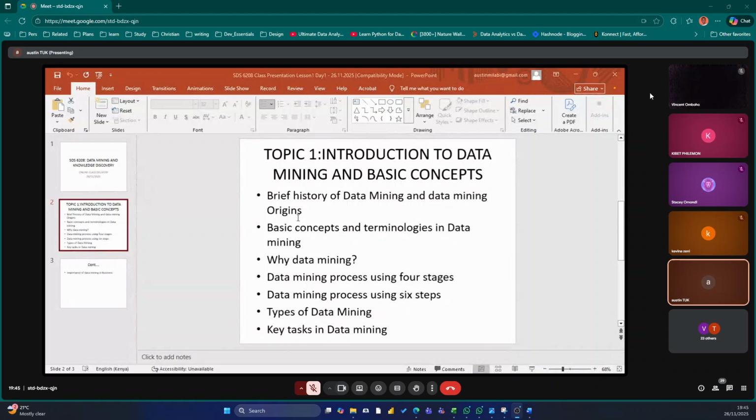This is the problem, but not every data will solve it. There must be a specific kind of data. So which data can I get and use to solve the issue at hand? That is number two. Number three, prepare the data.